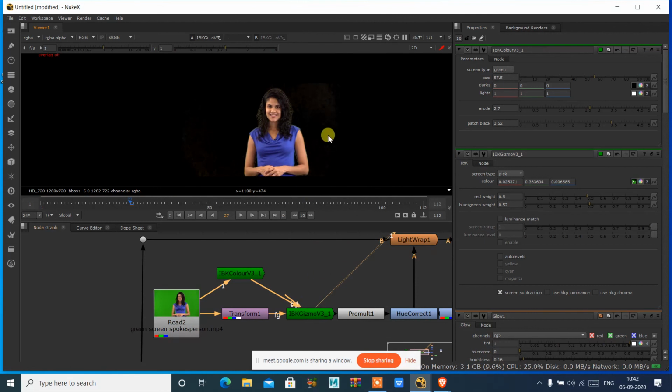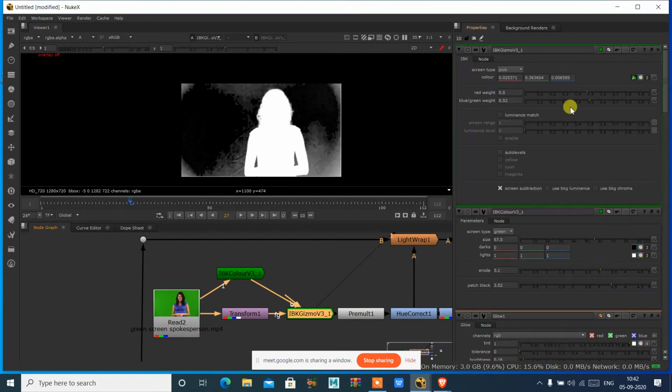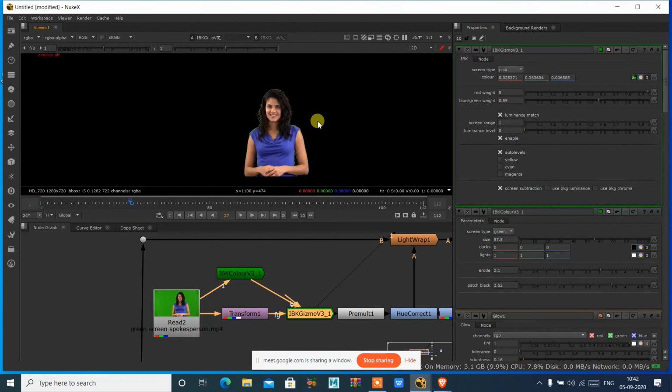So when I see that, we still have a little bit of something over here. Now inside this IBKGizmo, you adjust this white, blue and white and luminance match. So enable all this auto levels. So how much you can do it from this. Okay, so these are the options which you can increase. Now if I just type red weight to 5, now we can see that we are able to remove this from this.